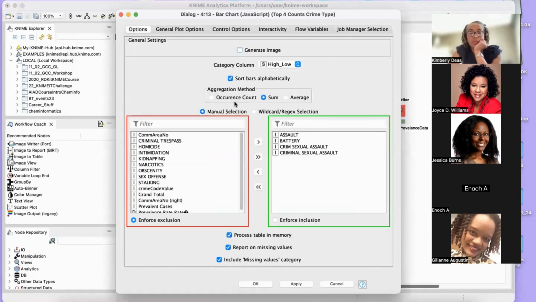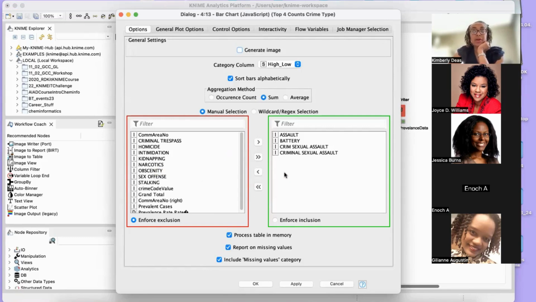Okay, so I know that there's a certain type of crime that is associated with HIV prevalence. And so I looked at assault, battery, criminal sexual assault. I forget what the difference between these two were. There was some level, I can't remember off the top of my head now. Actually, another one that comes up that's flagged is kidnapping, believe it or not. I was kind of surprised.